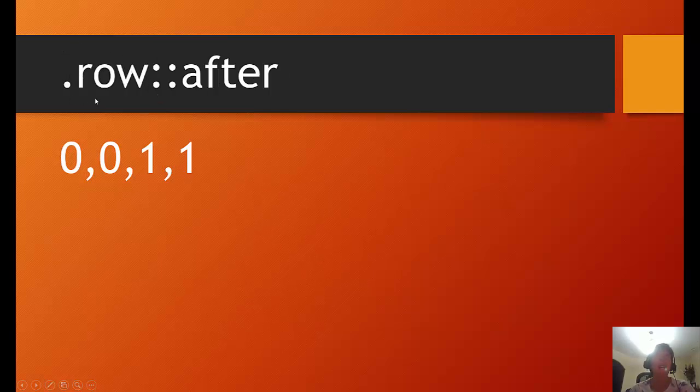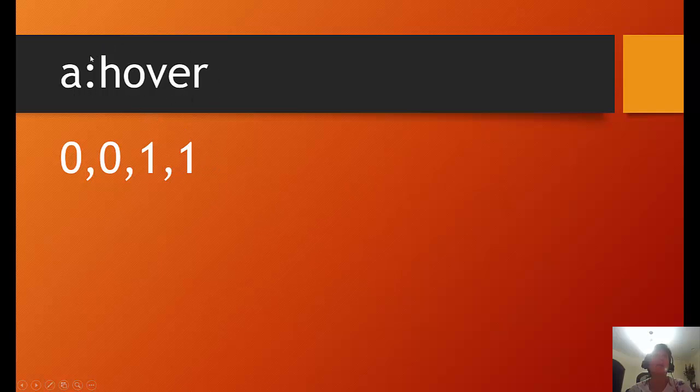This one we have a class, it gets counted in this category, and here :after is a pseudo element, and it gets counted in that last number. So this specificity is 0011. Here we have A is an element, it gets counted in that last number. :hover is a pseudo class, so it gets counted in that second number. So the specificity of this entire selector is